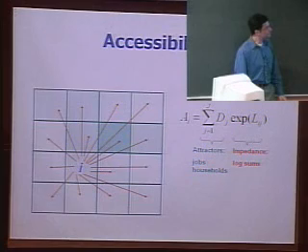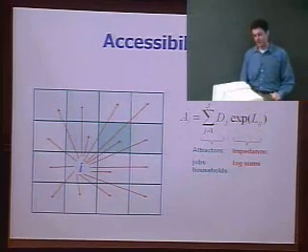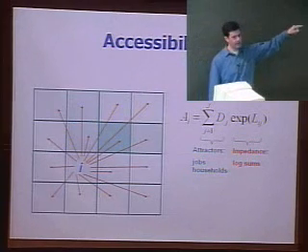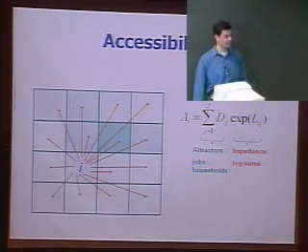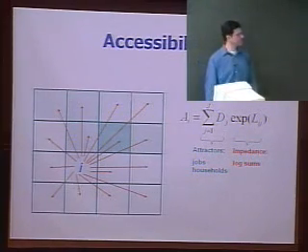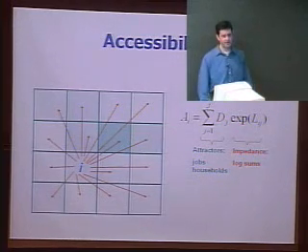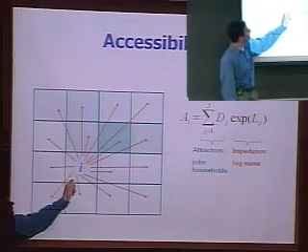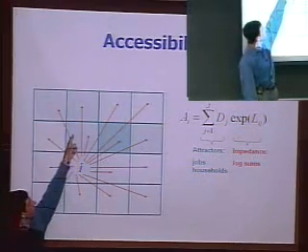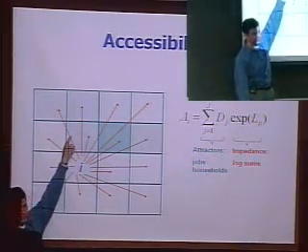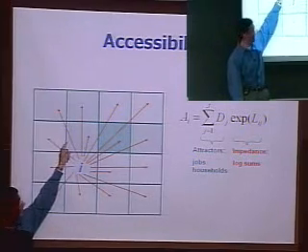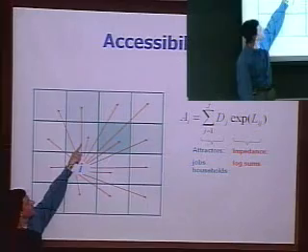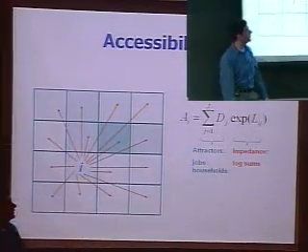But this is offset by the disutility of travel. So that Lij is that log sum that we looked at in the previous slide. Whereas you may get a lot of utility for going up to this zone because you can reach a lot of jobs or households or whatever your interest is, that's going to be diminished somewhat by the fact that this vector is longer, and it's going to take you longer to get there.